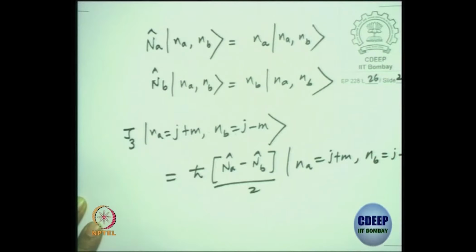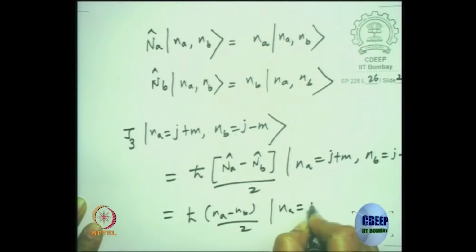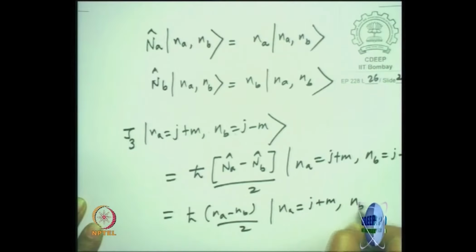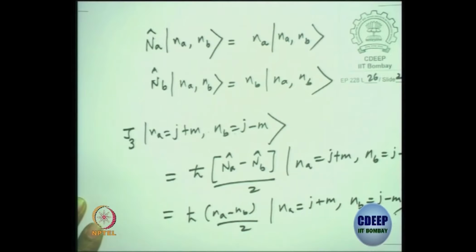Right? I can do this. What will you get? H is H cross (Na minus Nb)/2. And Na minus Nb is nothing but 2m, so divided by 2 it will be m. You will get H cross m. You can rewrite, instead of using Na, Nb, I can also write it as J, M. There is no problem. It's synonymous or equivalent.